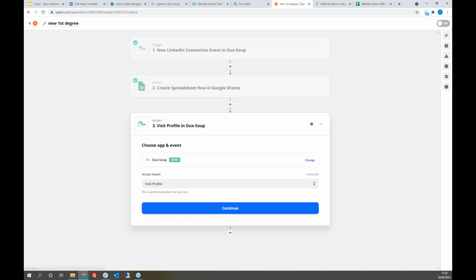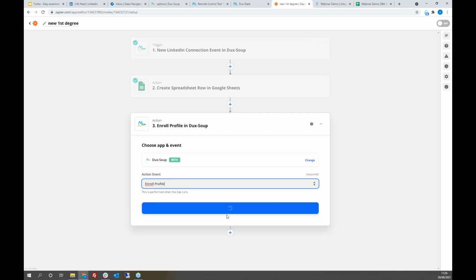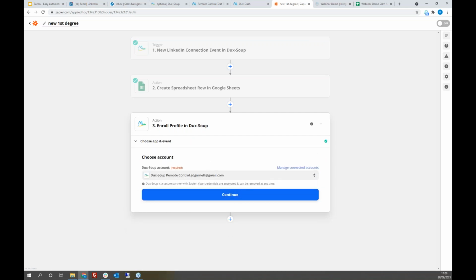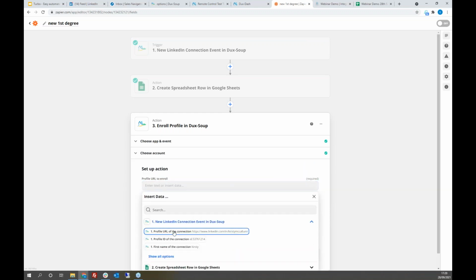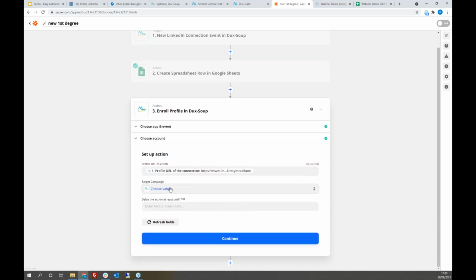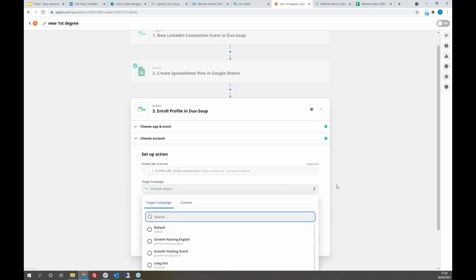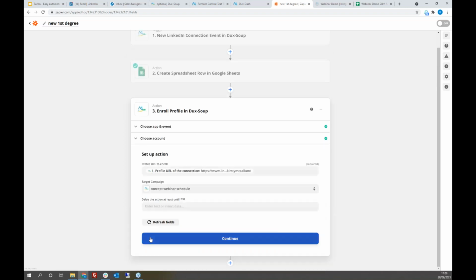Now, if you wanted to, for example, rather than just visit a profile, maybe enroll them into a new campaign, you could do that. Again, we'll make sure it's connected to the right account. Again, you select the URL of the person, or the field, making sure that field is mapped correctly. And then here you can choose from all of your different campaigns that you've set up within Dux Soup. So here we go. Let's find this one. It should in a second find all of my campaigns. So if I wanted to enroll this person into concept webinar schedule, you can see that that's how you would be able to do that. If I now press continue,